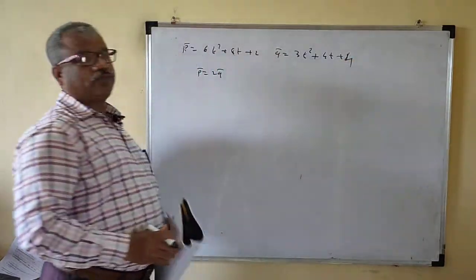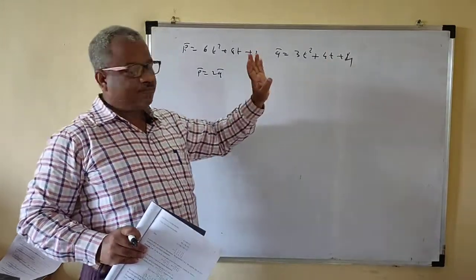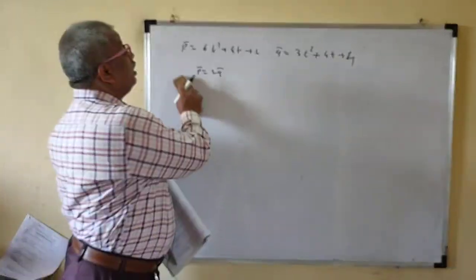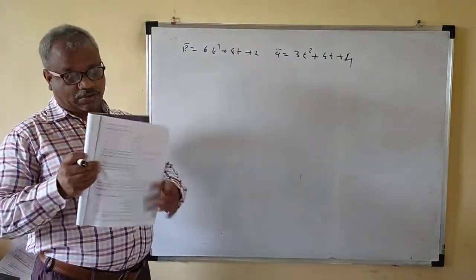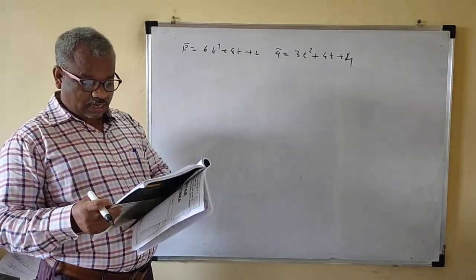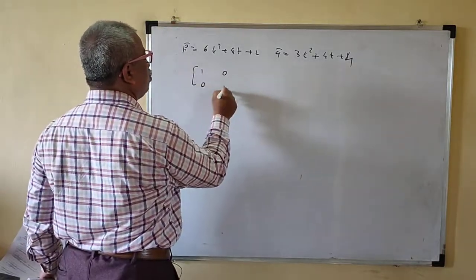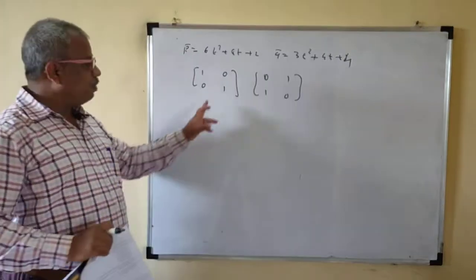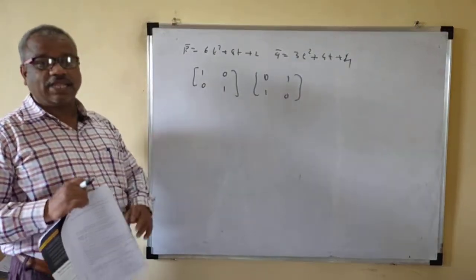Suppose this is 4 now. If you multiply by 2 here, your 2 and 4 are not same. So that means p bar is not a scalar multiple of q bar, then p bar and q bar are linearly independent. Because no vector is a scalar multiple of the other, that is linearly independent. For matrices also, if suppose 1 0 0 1 is there, then 1 1 0 0 is there. Now see, no matrix is a scalar multiple of the other, so this is not linearly dependent, it is linearly independent.